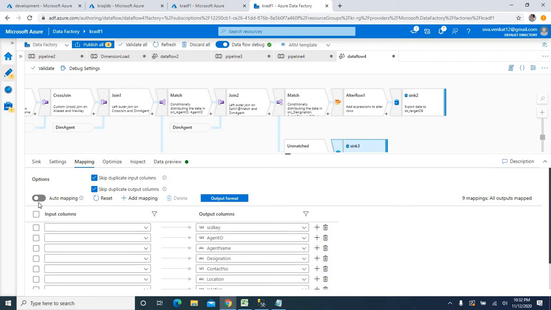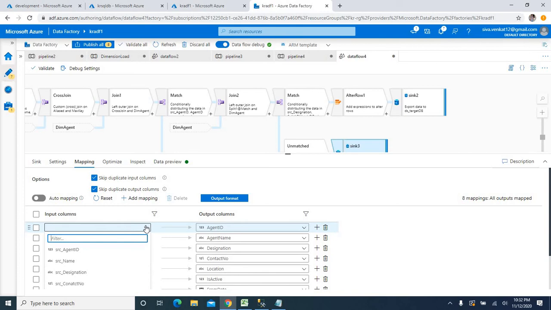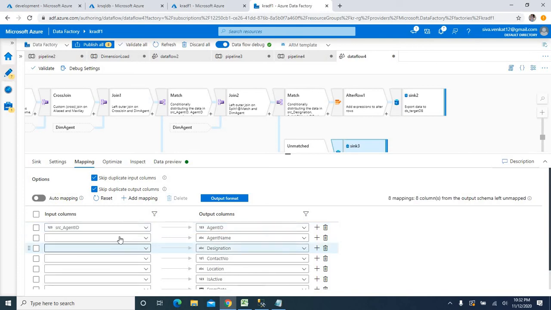I'm gonna take off auto mapping, then take off the SCD key. Then agent ID has to be matched with what? Source agent ID, and all the field values that we are getting from source have to be matched to our target. So it will be a new record. So we have to match all the fields: SRC name should be matched to agent name, SRC designation has to be matched to agent designation,